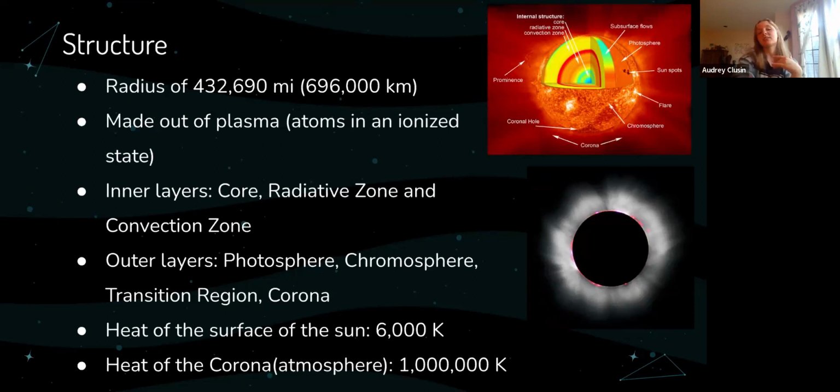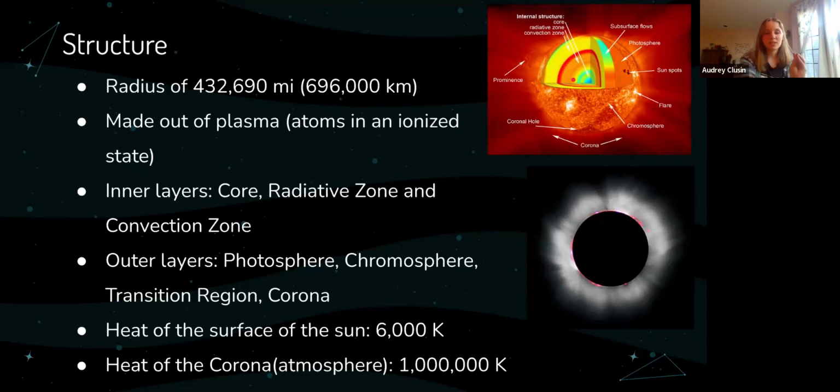But the sun has a few layers. The core, where the nuclear fusion happens, the radiative zone, the convection zone. You might have learned about convection also in your science class. It's when things in liquid form or gas form move around. Anything that's not in solid form, basically, moves around. Sorry, got sidetracked. And they disperse energy and just move things around. Yeah, okay, so that would be this inner stuff. And then the outer stuff is the photosphere, chromosphere, transition region, and corona.